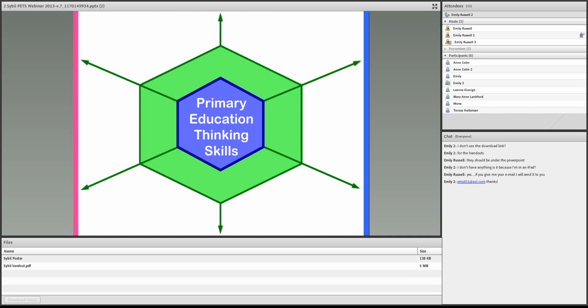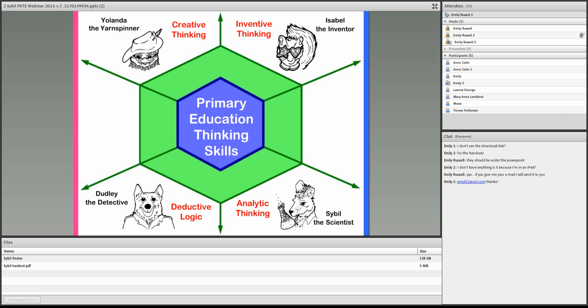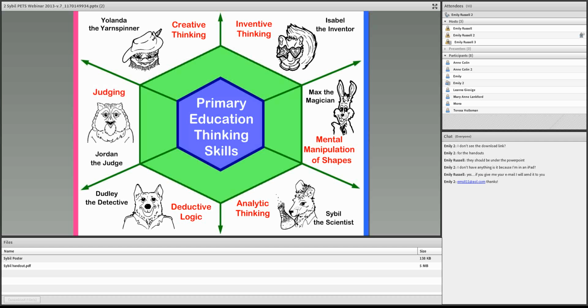The thinking specialists in the primary education thinking program are Isabel the Inventor, her best friend Yolanda the Yarnspinner, Dudley the Detective, Sybil the Scientist, who is Dudley's best friend, Max the Magician, who's responsible for visual thinking, and Judge, who is our evaluative thinker. We'll see in a moment there are about 3 levels of materials that we use in this program,